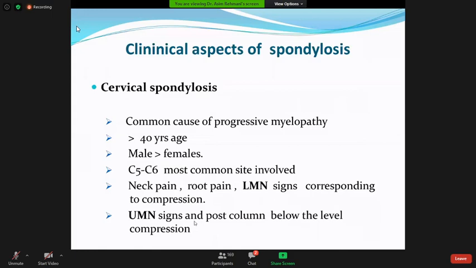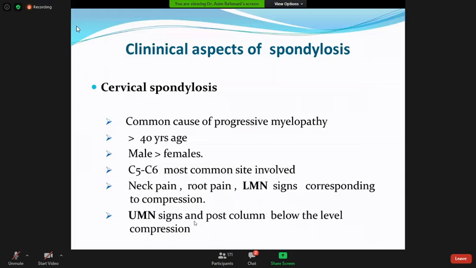Now comes the clinical aspects of the spondylosis. We all know the well-known description of sign and symptom of cervical spondylosis is upper motor neuron signs in lower limbs and lower motor neuron signs in upper limbs. And it is basically due to compression of the cord, usually in the cervical region. We know the level of the cord which is compressed can present lower motor neuron signs. So usually upper limbs have lower motor neuron signs, that is